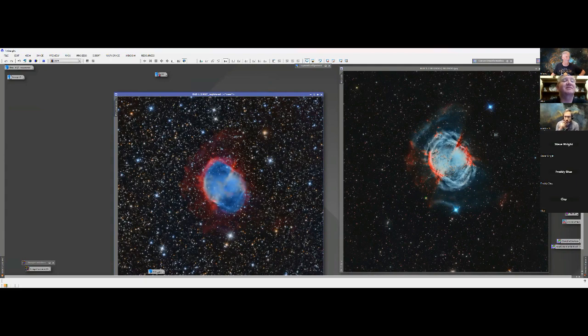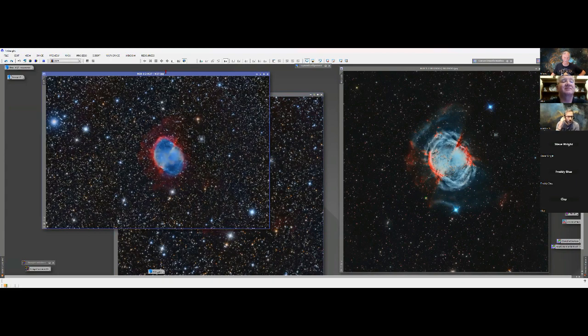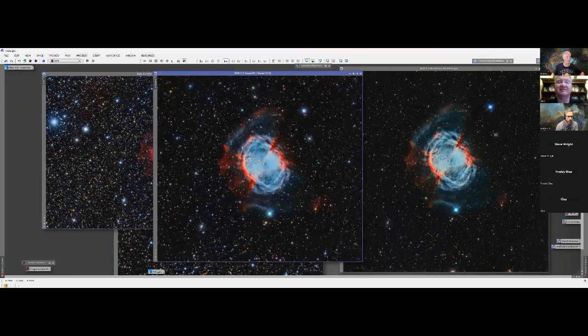But the message I want to leave with you is, if you have old data that you've taken in the past and you want to use it to add to the data you already have, even if it's on totally different stuff, it is kind of analogous to what we're talking about. It comes out with a much better image, because they're additive. And this is the outcome of the blend. So I got colored stars. I got more data in the nebulosity, and I even went back 15 years.